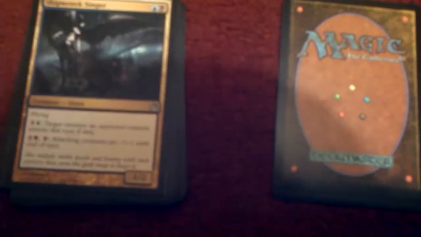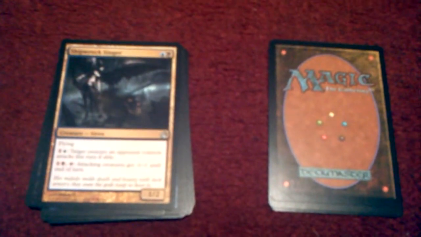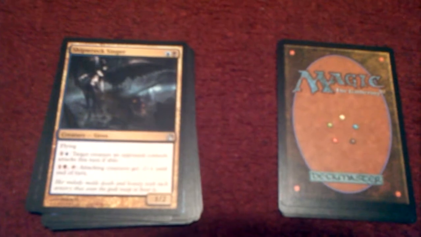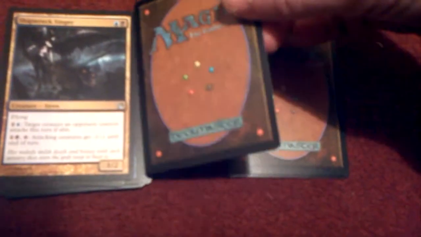Next on the list is a multicoloured one, Shipwreck Singer. For a blue Island and a black Swamp, you can bring it out. It has flying and 2 abilities. The first ability is for 1 and an Island. Target creature an opponent controls attacks if able. For 1 and a Swamp, tap. Attacking creature gets -1/-1 until end of turn. It's a 1/2 creature, which is pretty basic. Our next card, because we're opening this together, is a